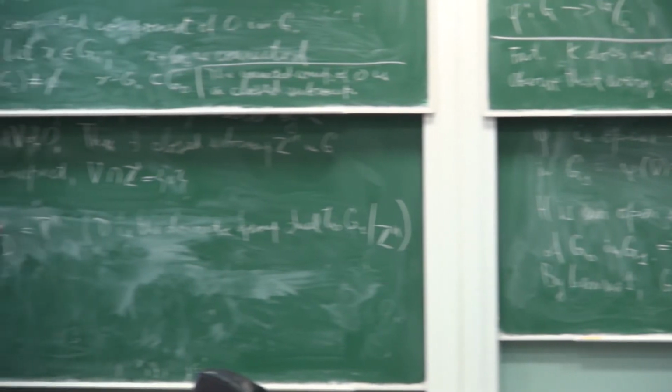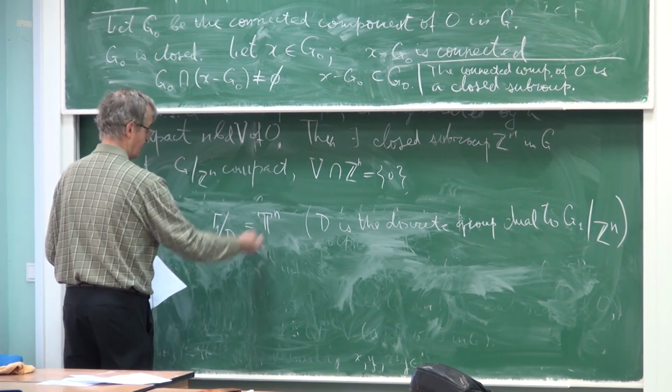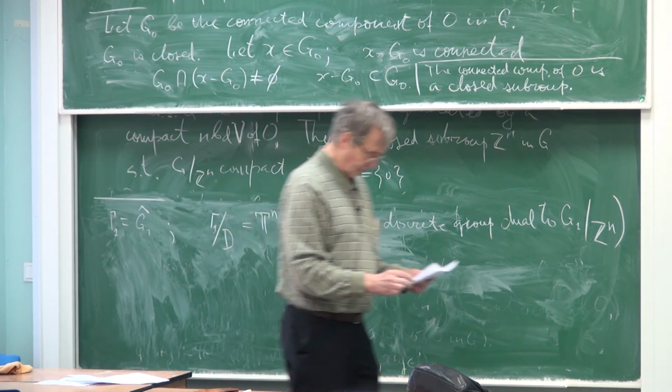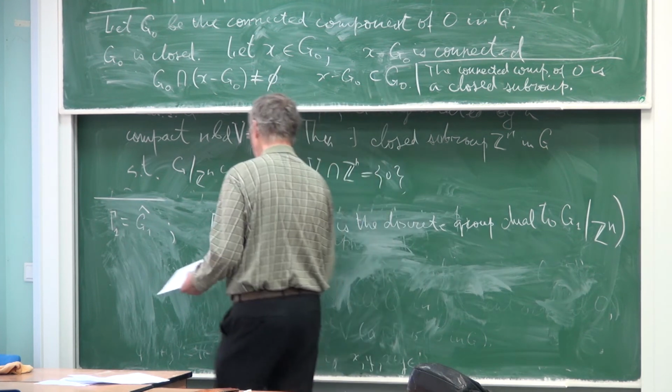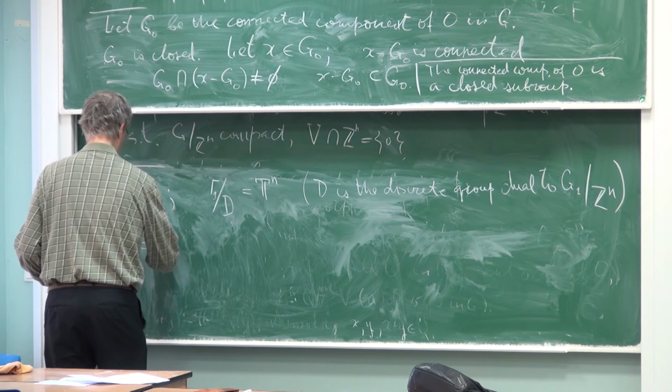So again, gamma is something, D is something discrete, and the quotient is a torus. And from this it follows that